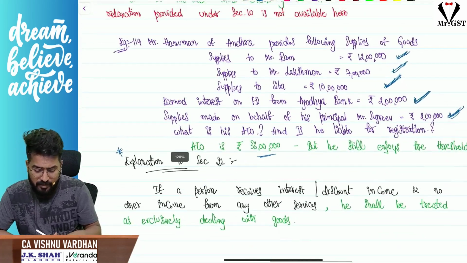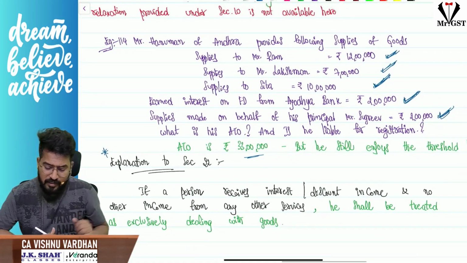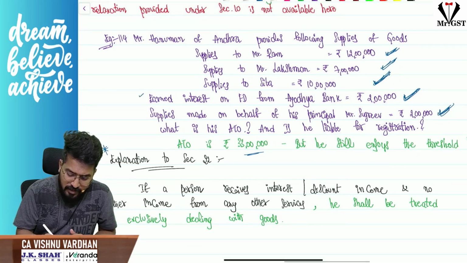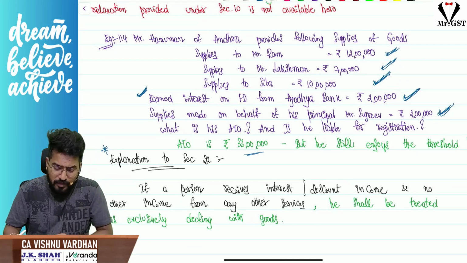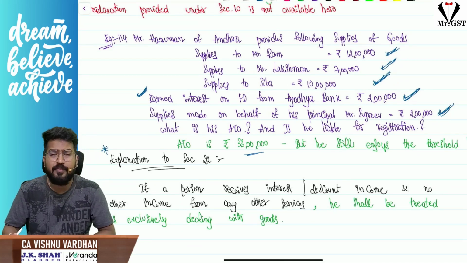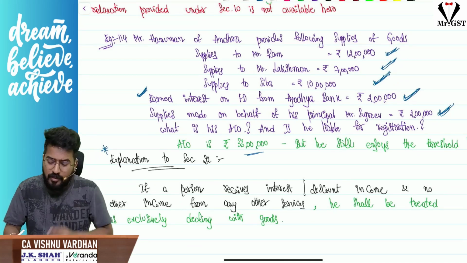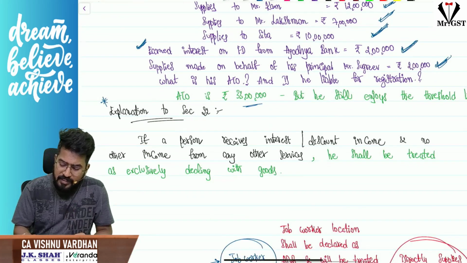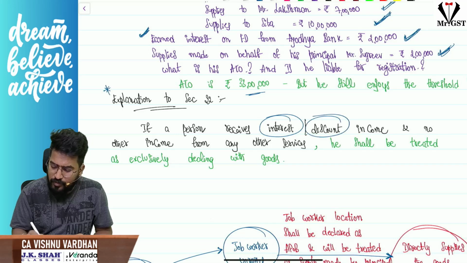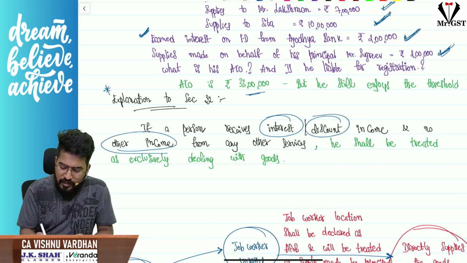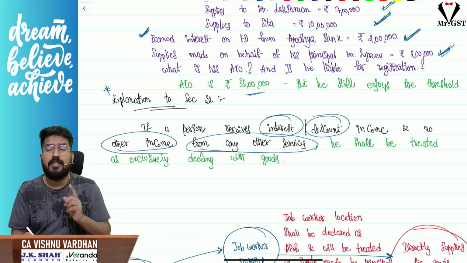Here we are in Andhra Pradesh, even though this fellow is earning service income, he is lending money which is nothing but service, and for which he is getting interest. So automatically threshold limit should fall down to what? Threshold limit should fall down to 20 lakhs. But the law says, sir, if any person is receiving only interest income or discount income and no other income from any other services, then he will be still